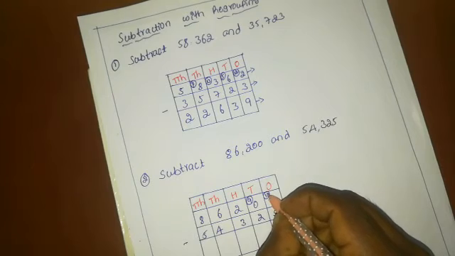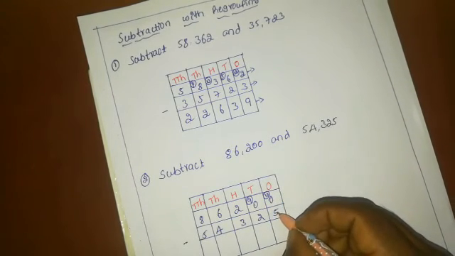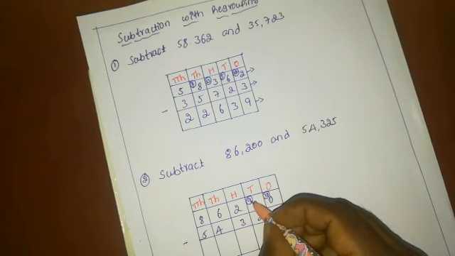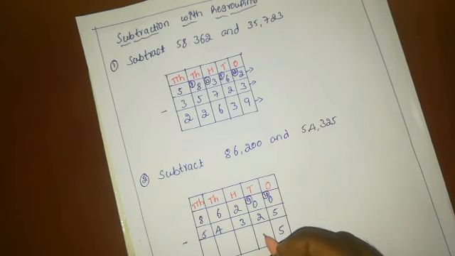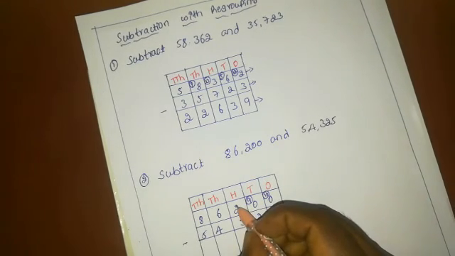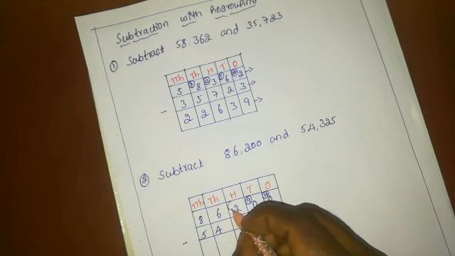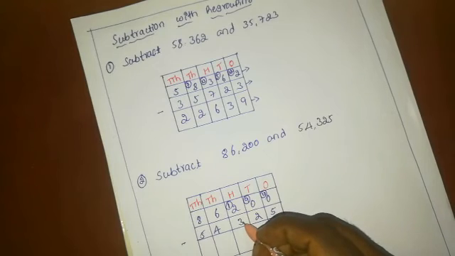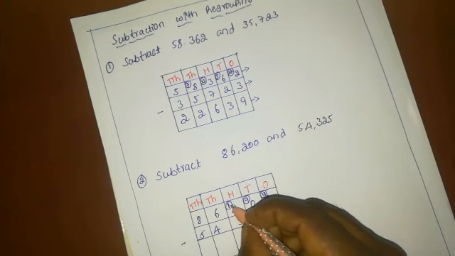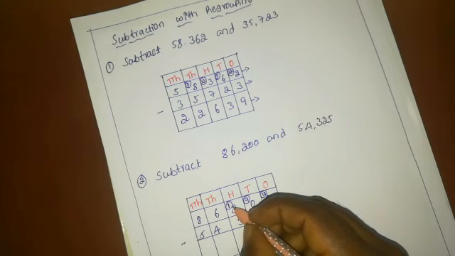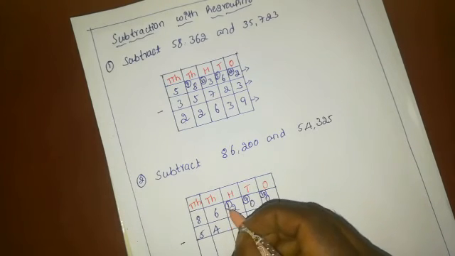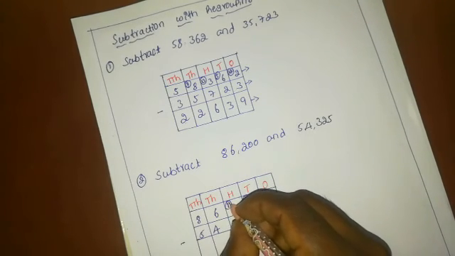Here we now have a 10, okay. Now we are subtracting the 5 from 10, we get 5, and here we have a 9, okay. We subtract the 2 from 9, we get 7, okay. Now we already took a borrow from here, so here we have a 1, because we took a borrow of 1 from here. Now we have to subtract the 3 from 1, okay. We cannot subtract the 3 from 1 because 3 is greater than 1, so you take a borrow from here, okay. When we take one borrow from here, here we get 11, okay.